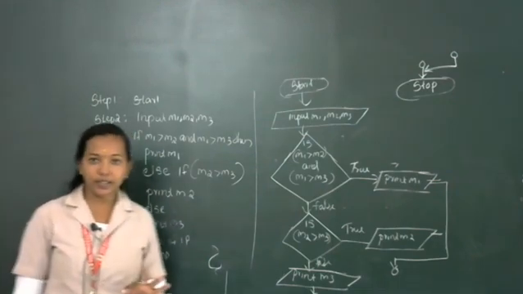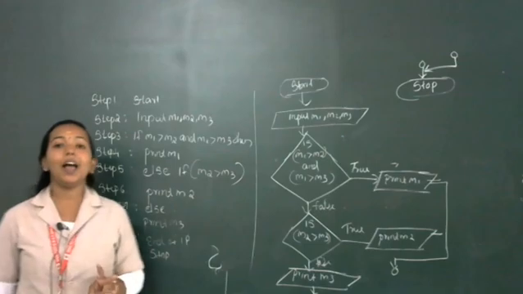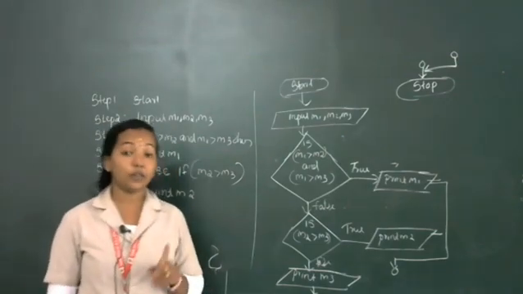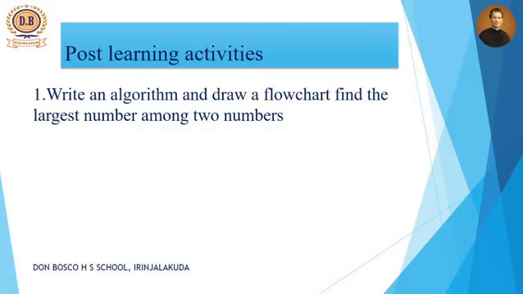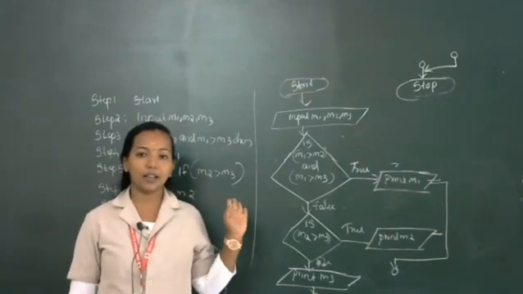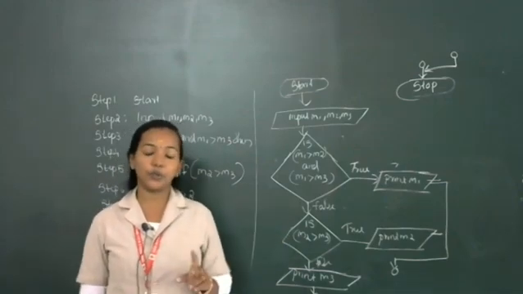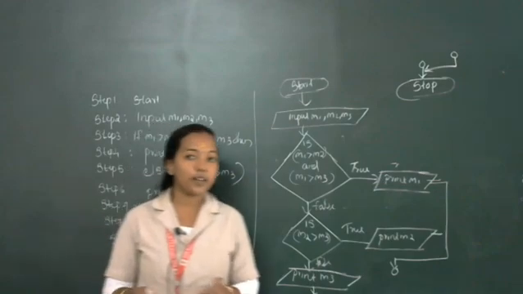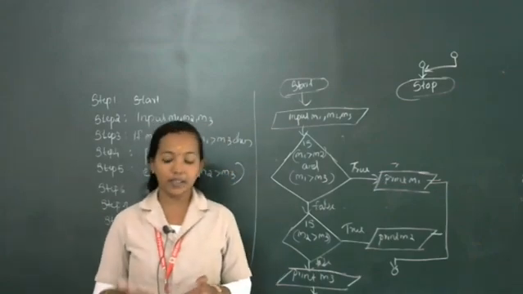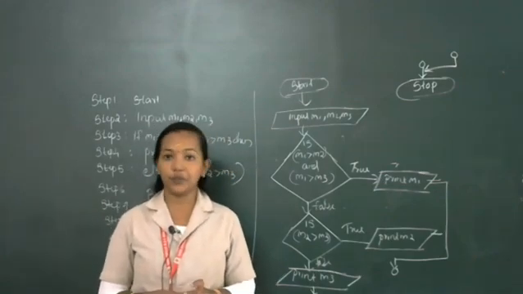Okay, so hope you understood these three algorithms, and I am going to give one question as homework. You want to write an algorithm and draw a flowchart to find the larger number among two numbers. Okay, it is the same as finding the taller one among two students. Hope you understood. Some more algorithms are also present that we will discuss in the next video. Okay then.